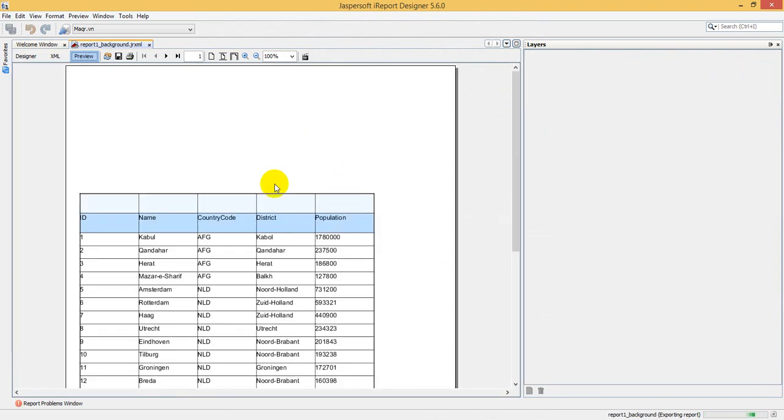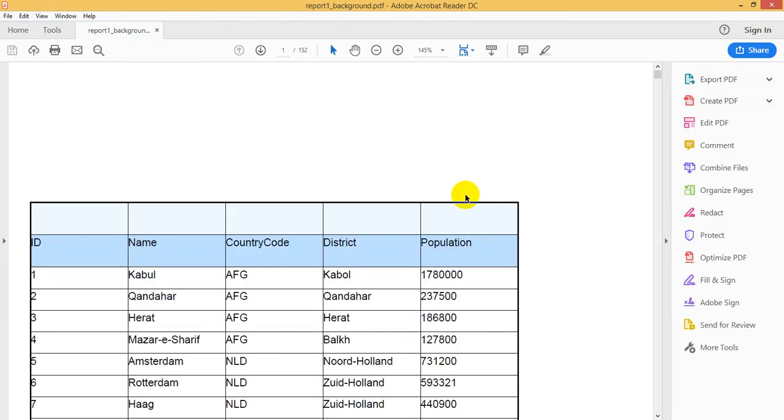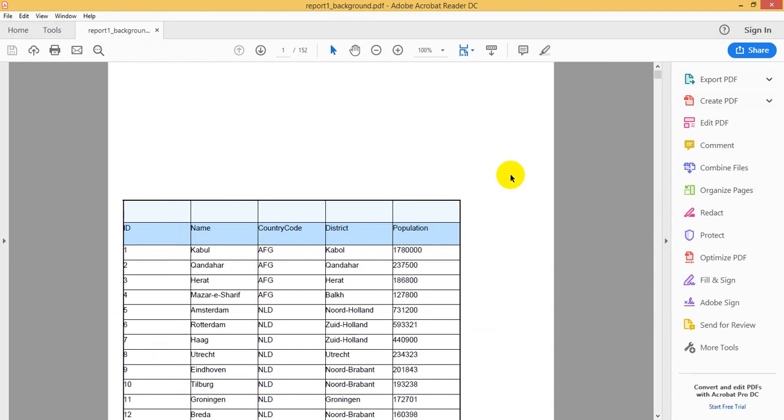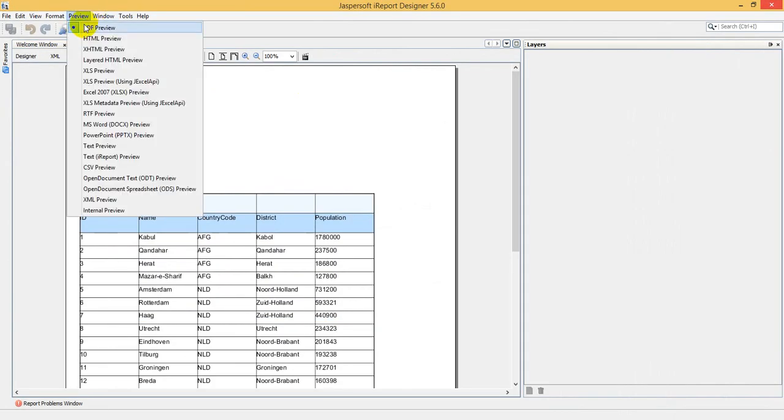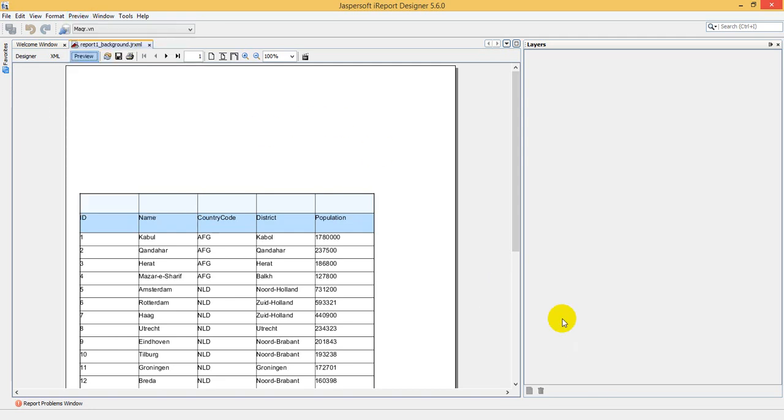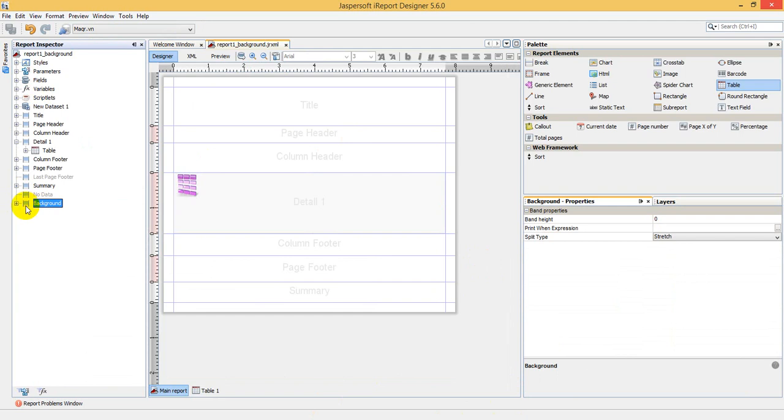The report will generate the PDF file without background. In preview mode, we can choose a lot of versions to preview, and here I choose the PDF preview, and that is the reason that the report generates the PDF file for me. And now we will set the background for the report by clicking on the report here,